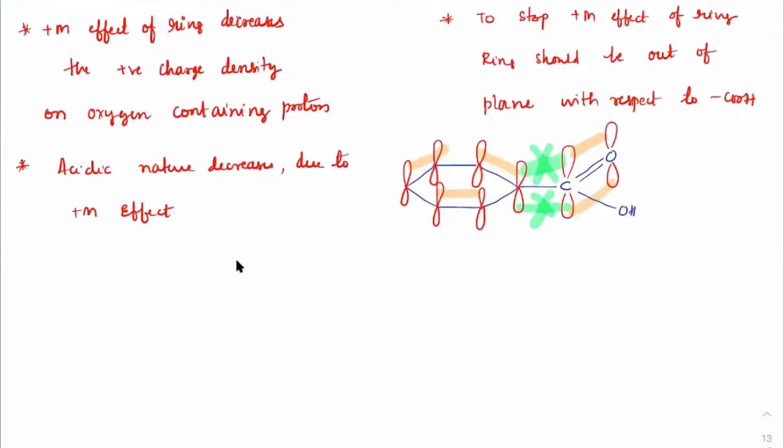What we can do, suppose at this ortho position there is a bulky group. Imagine there is one bulky group here. So what does this bulky group do? This bulky group will give repulsions with the COOH group here, because this OH and this double bond O are on the same plane. So it will start giving repulsions to this OH.